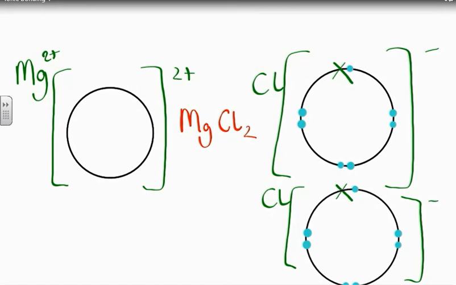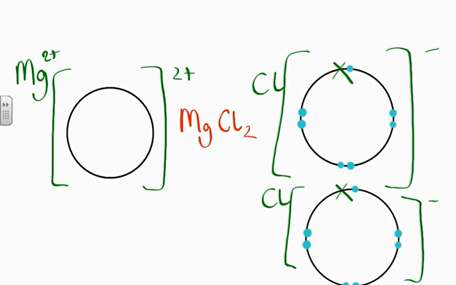And as a dot cross diagram, we would need to draw out the 2 chloride ions as well as the magnesium. Now you will have noticed that in this example I've only used the outer shell, and that's all you need to draw. You only need to draw the outer shell, or